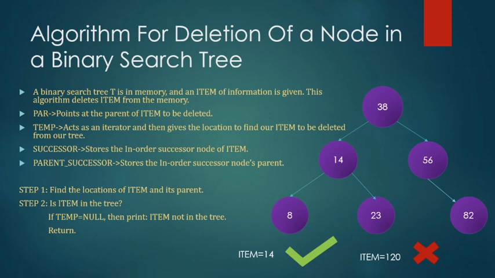First, we would need to find if our item is present in the binary search tree or not. We already know how we can search for a node in a binary search tree using an iterator temp while at the same time using another iterator par, which iterates one step behind temp to keep track of the item's parent, as changes to its right and or left child will take place. If temp points to null, item wouldn't be present, so we will print a message, item is not present in the tree.